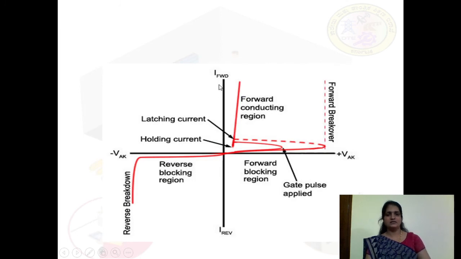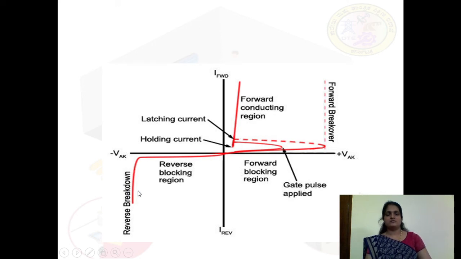And once again, the diagram or graph which indicates the different regions. This is the forward blocking region, and the second one is this line, which indicates the increasing voltage due to the gate pulse applied, and this dotted line indicates the forward breakover with the condition of VAK greater than VBO. Once it crosses that particular value, then after applying the gate it enters into the forward conduction region.